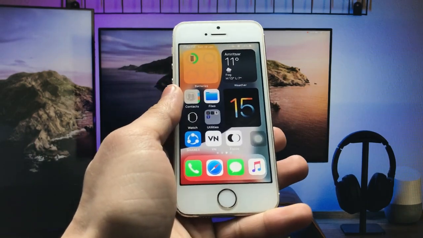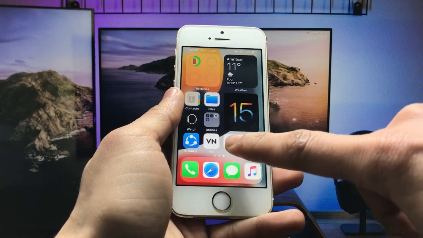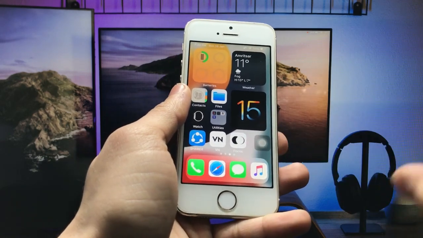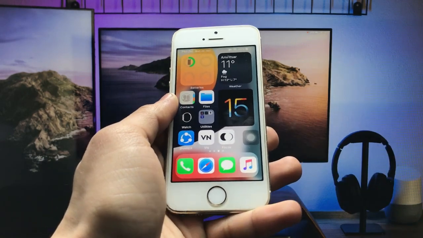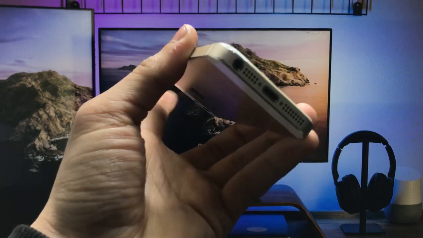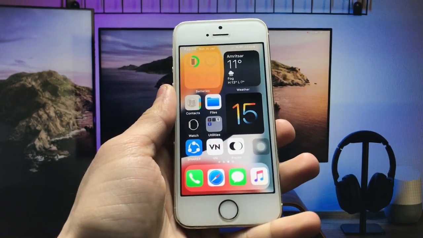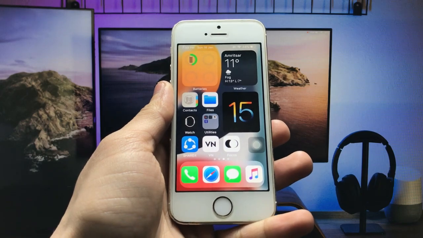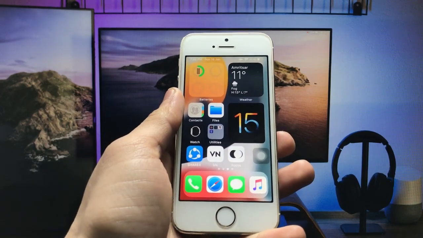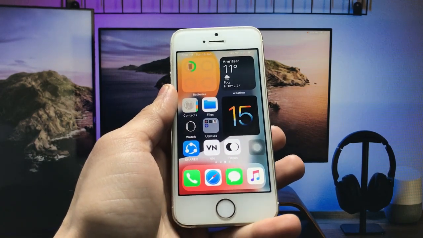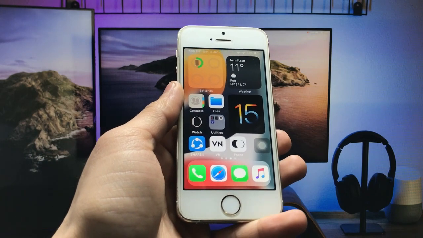So you can check here. This is the application Focus. You can install this application on your iPhone on every iOS version, even on the iPhone 5s. You can check here, and this is so amazing. You can create portrait modes in this application by using the bokeh effect, the DSLR blur bokeh effect.